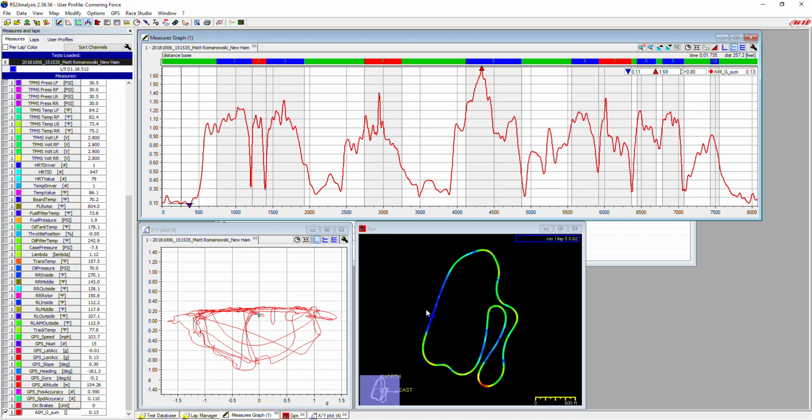We see it right here past start finish on the track, and we see it a little bit above the origin on the GG plot. And we see that because the car is accelerating, so it's positive G's and really no lateral G's. As we step through and we approach the first corner, we can see now the GSUM plot comes up because we're on the brakes, and in the friction plot we start to go down. And this one looks like maybe the accelerometer wasn't calibrated or it's off just a little bit, but we see it start to come down,